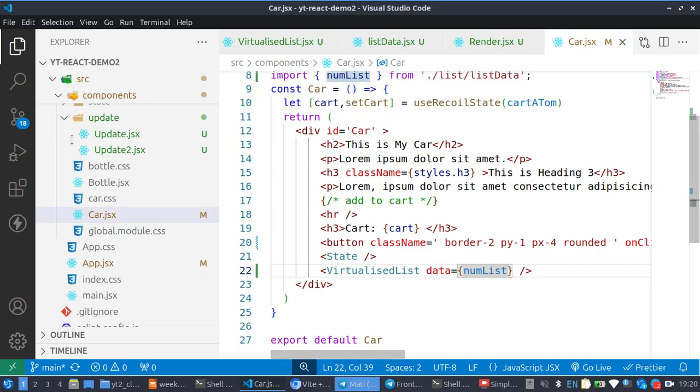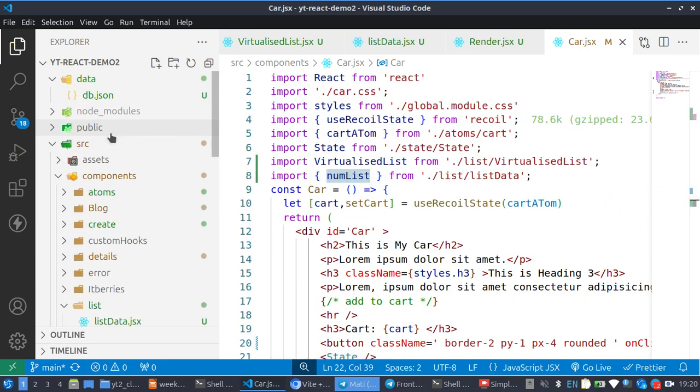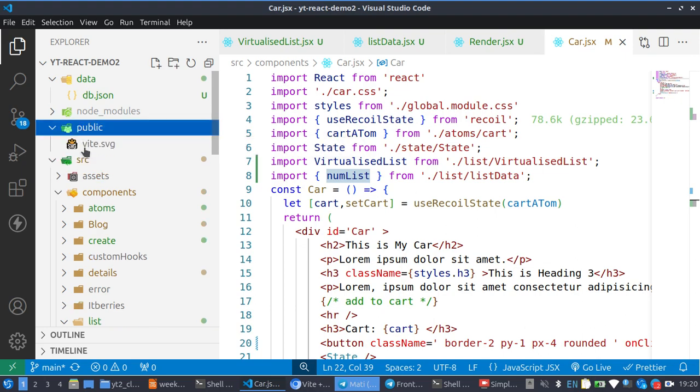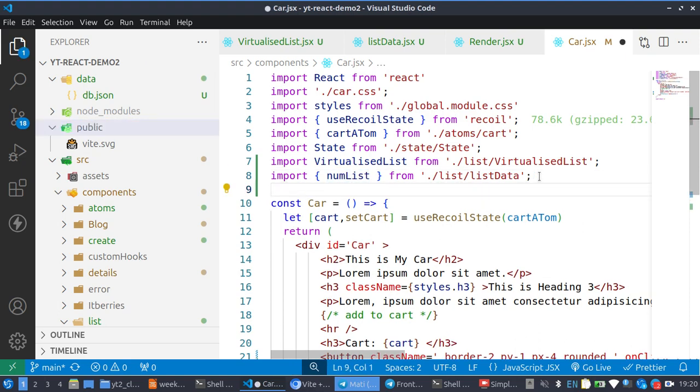The image I want to add, let's assume, is this Vite logo, which lives in the public folder. Let's see if it's already here. It's not there, so I need to import it first. So I just put import Vite logo from